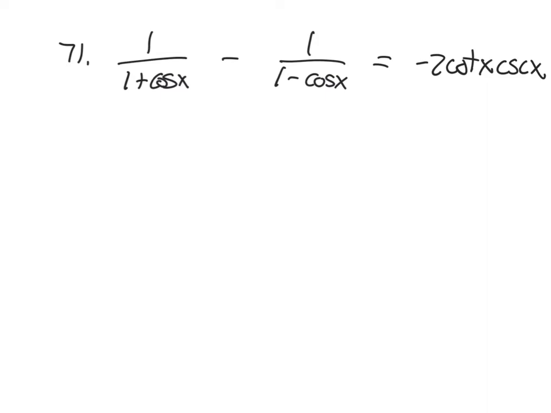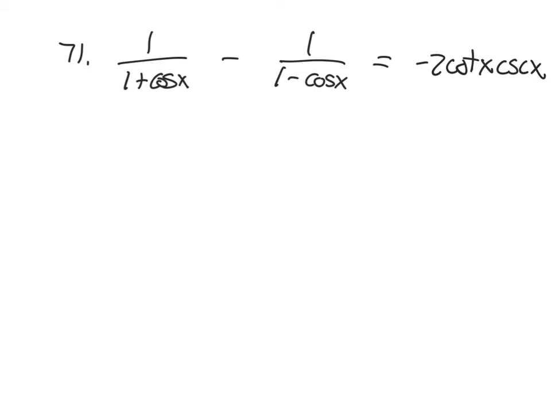In this problem, I looked up the answer, and we are trying to show that 1 over 1 plus cosine minus 1 over 1 minus cosine is equivalent to negative 2 cotan x cosecant x. So one of the things that you can do to help yourself prove an identity is to